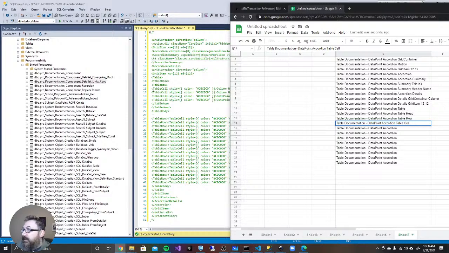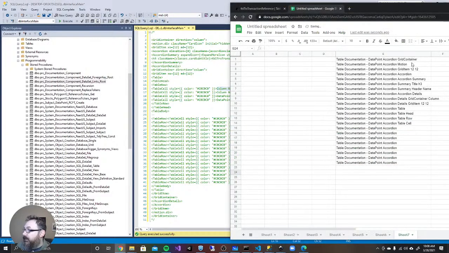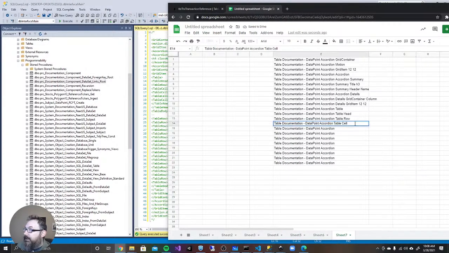So when we look at this, we have a table cell component and also some text. So this is two components at the same time. So I have table cell, column name, and we'll work on this in pairs. Column text. 2, 3, 4. So column name, column name, value, column name, view,